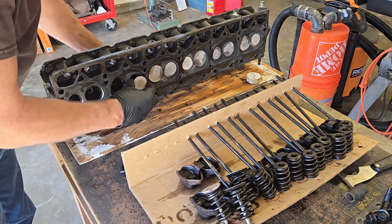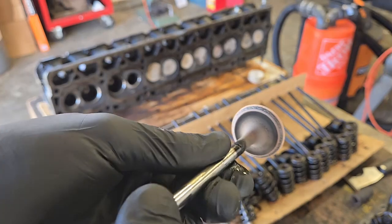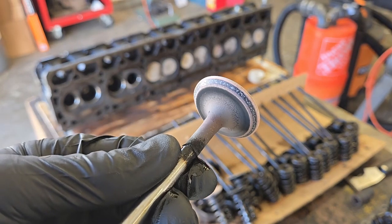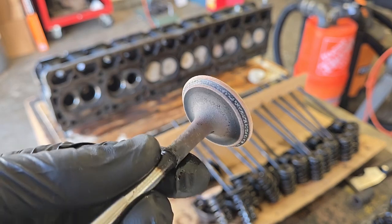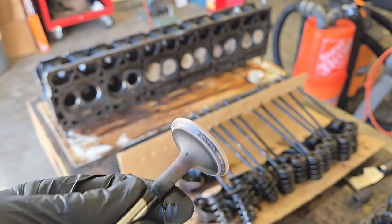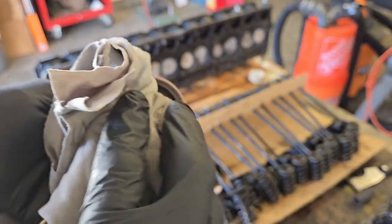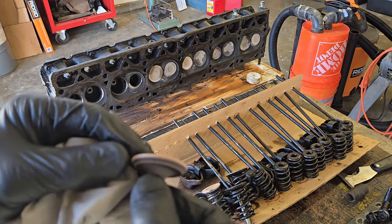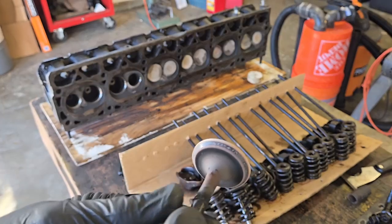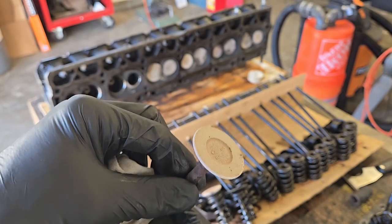And what I'm looking for here is this valve face condition. See how that's kind of pitted looking and dirty? I don't know how pitted that's going to be just yet. But I'm going to do these valves one at a time. I'm going to clean them up. And I'm going to gently, with a wire wheel, clean them all up head to toe, front